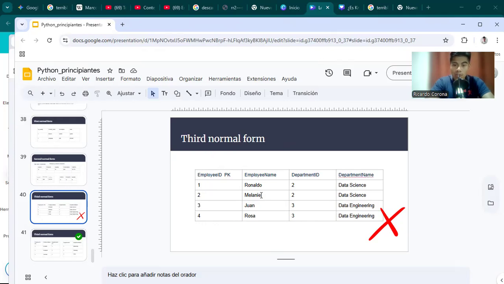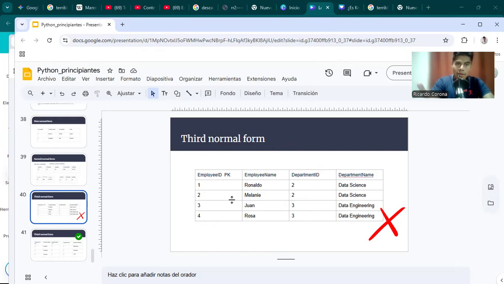That is correct because we need to assign an employee ID. We need to insert department ID, and this is something strange because department ID has a dependency on employee ID,